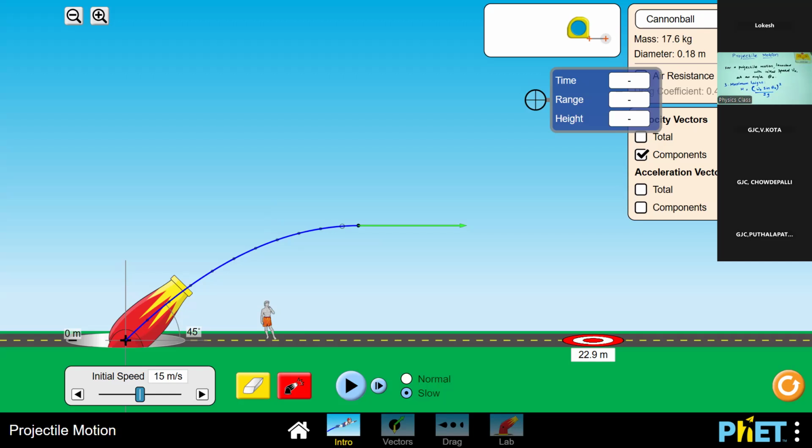You can change the object here. You can change it to a cannonball, tank shell, pumpkin, or human. You can change the angle or you can change the speed. Whatever else, for projectile motion, like speed, range, time of flight, maximum height,